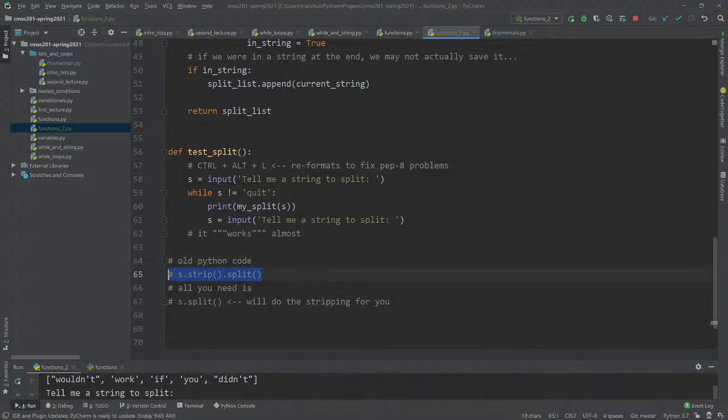Trust me though, I've seen this in professional code, so I imagine that maybe in some version of Python one of these functions was slightly different, or maybe the programmers are just scared, or who knows exactly why they did this, but they don't have to.